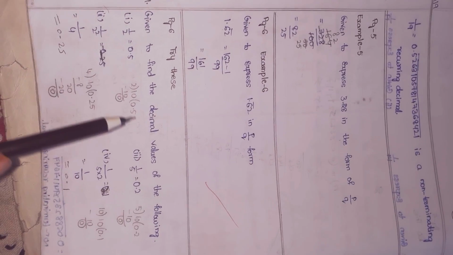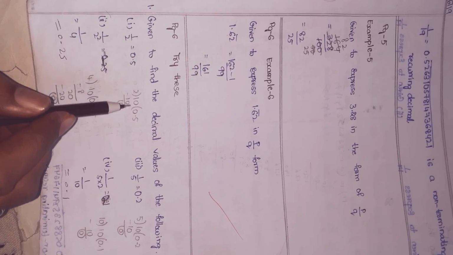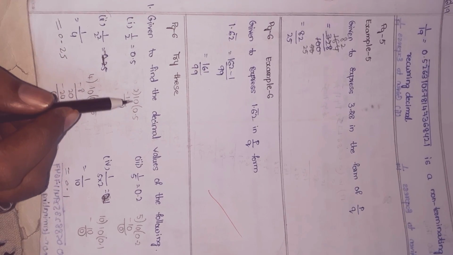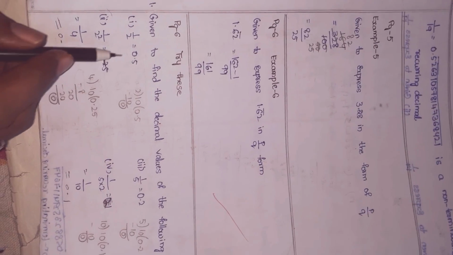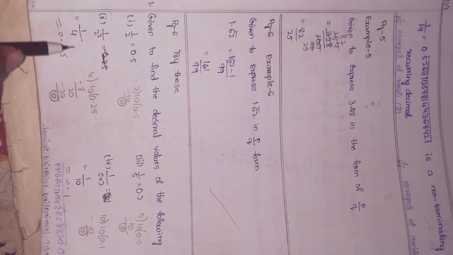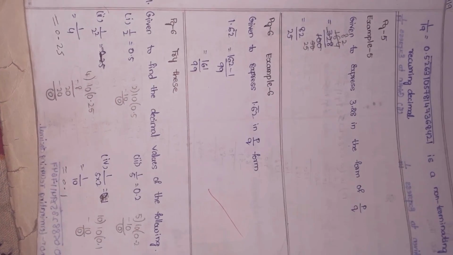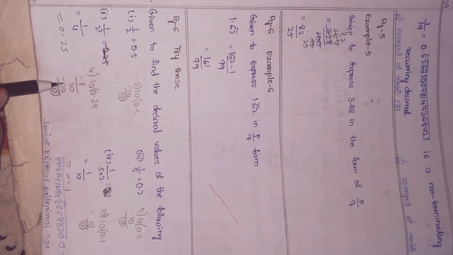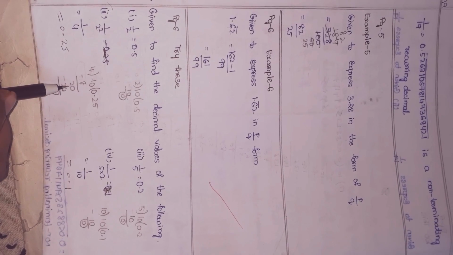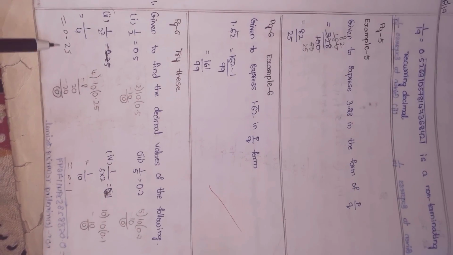Next try this, children. Here we are asked to find the decimal values of the following. 1 by 2 is given, children. In the 2 table, 1 is not possible, keep the point, means 10. 2 5s are 10. So 10 minus 10 is how much, children? 0. So the answer is 0.5. Next, 1 by 2 square. 2 square means how much, children? 4. In the 4 table, 1 is not possible, so keep the point. It becomes 10. 4 2s are 8. So 10 minus 8 is 2, children. Already the point is there. Write 0 here. So 4 5s are 20. 20 minus 20 is 0.